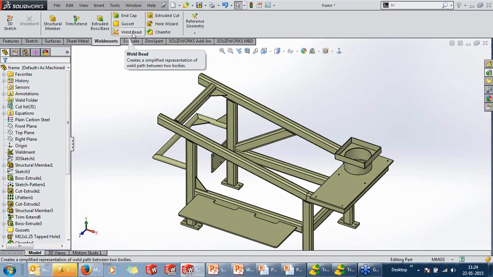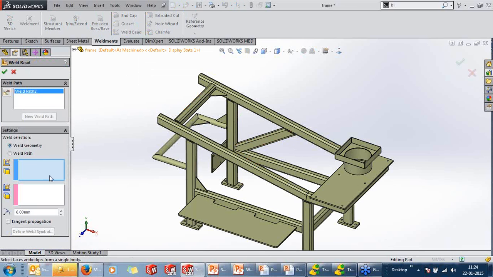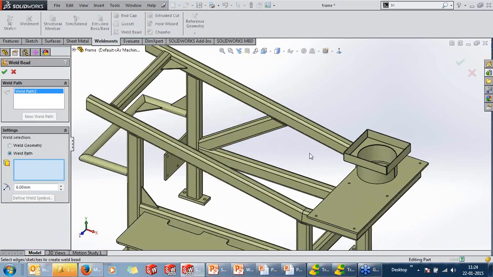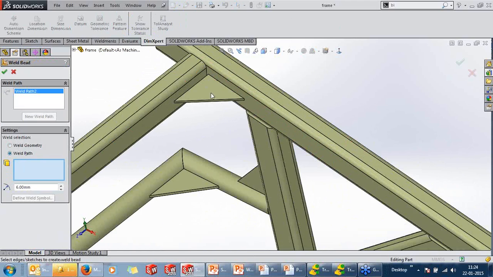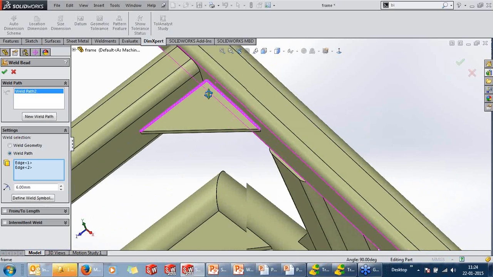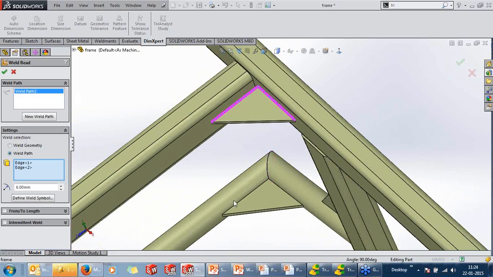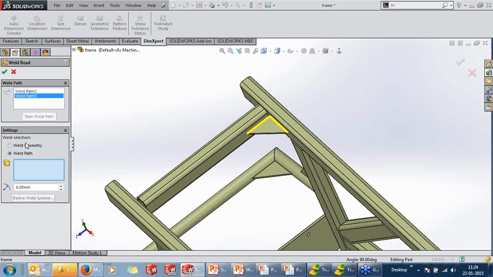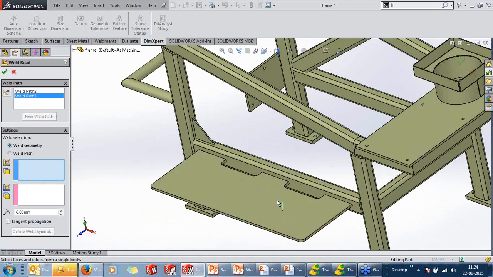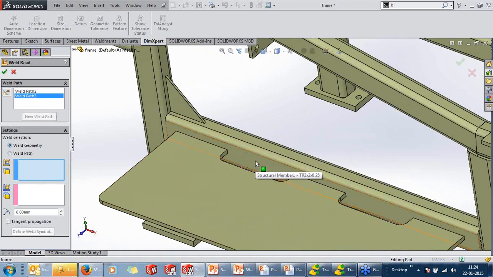When we get into weld beads, you have a new selection called weld path. So weld path, you can now select weld paths. So weld path can be given even between a gap. And some new enhancements in terms of weld geometry would be, you can see these two components.